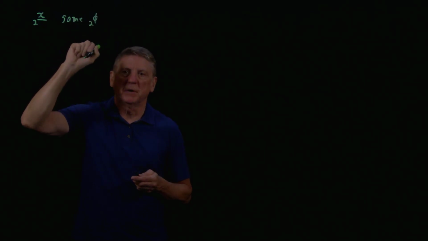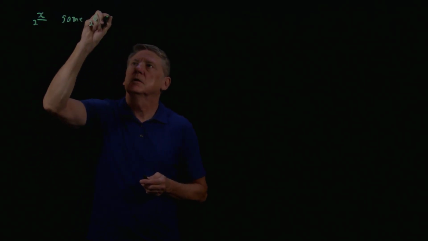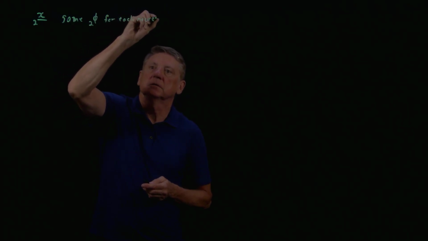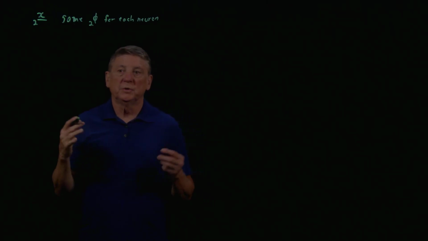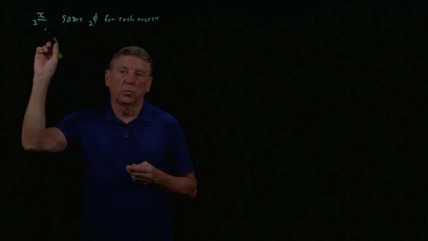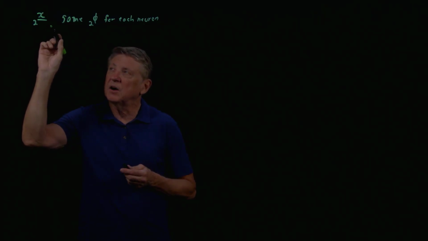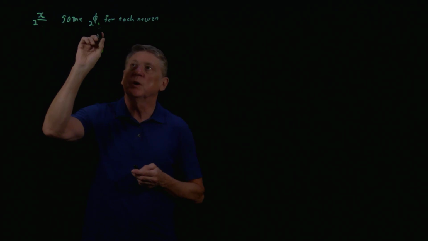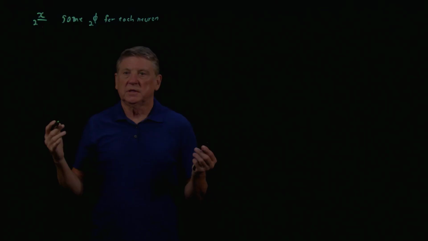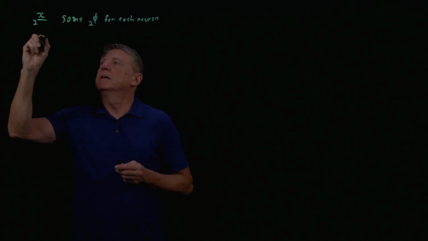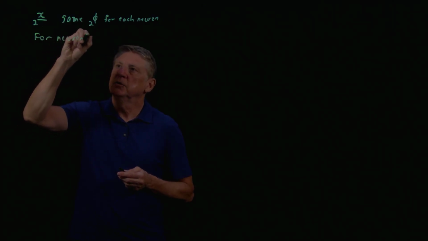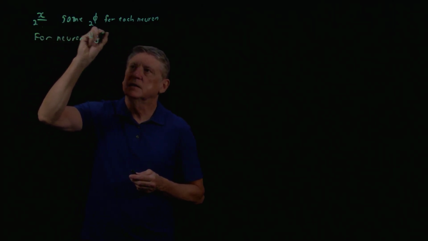Now it's superscripted by 2 for each neuron. And what we'll do here is we're now going to say, how do we deal with a data observation coming in to a layer of neurons? So the way that we'll start this out is by saying that for neuron J, neuron number J